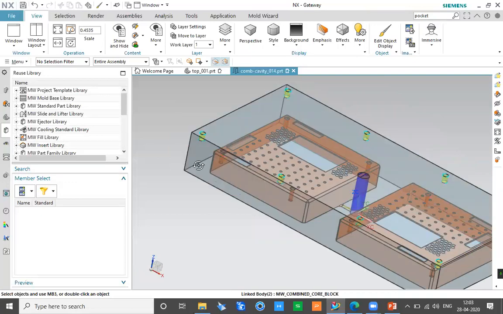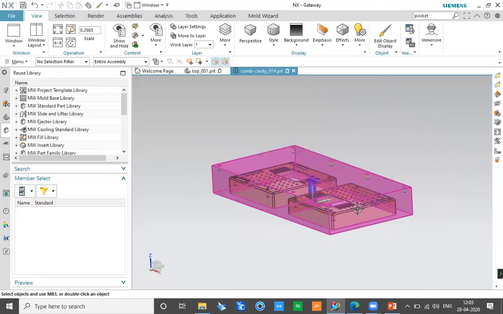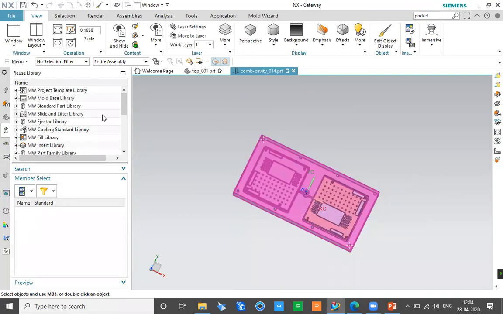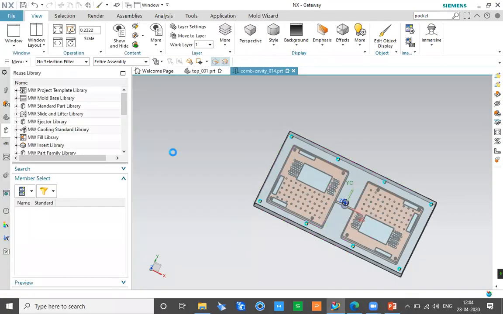Now, let's say I want to run a single channel over here on the side and on the other side. So I want to run two channels, basically one for inlet, one for outlet, and one channel connecting the two channels over here. So what I'll do first is, I'll first start with the modeling environment here.